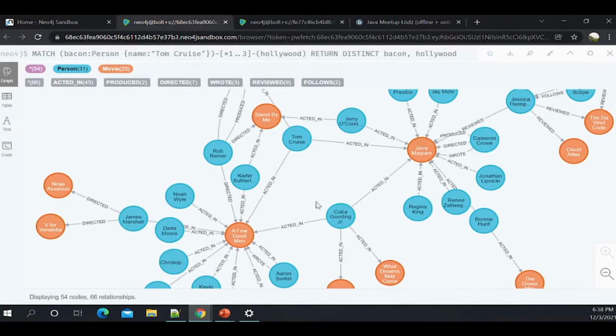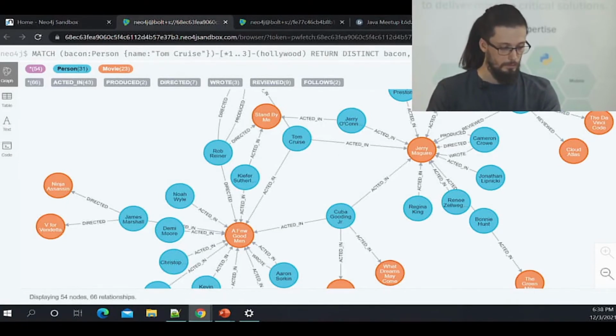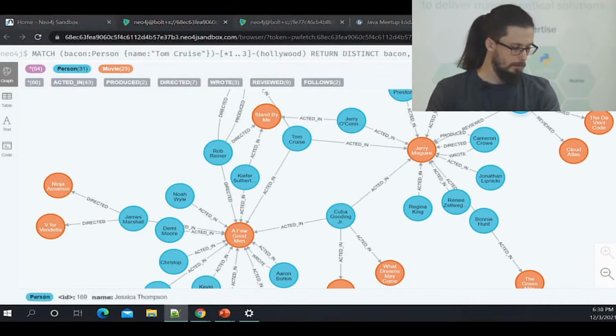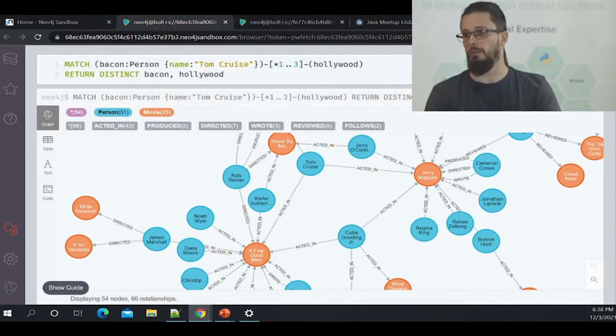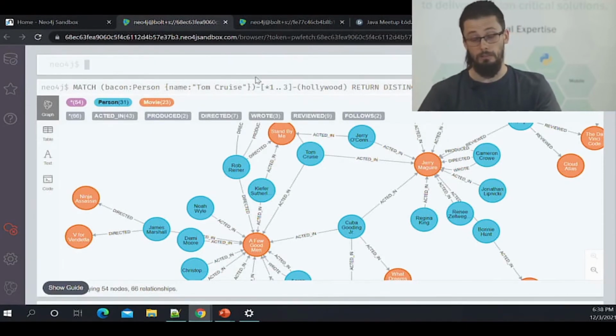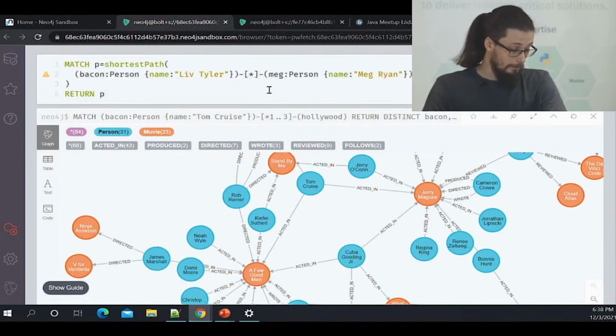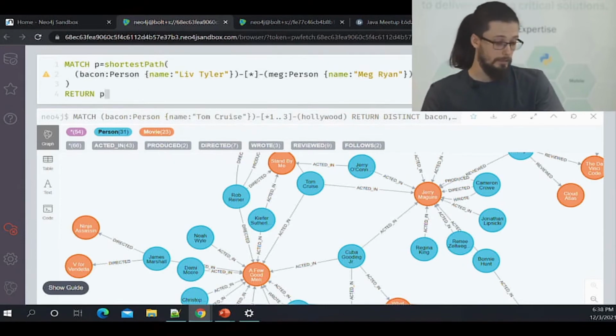And that's the funny thing: even if we are creating a graph database, we may not think about how the nodes can be connected to each other. So in my example, it would be Liv Tyler and Meg Ryan. I don't know if you have any idea how they are connected, because I didn't know. So, all right, we are writing the shortest path between Liv Tyler and Meg Ryan, and